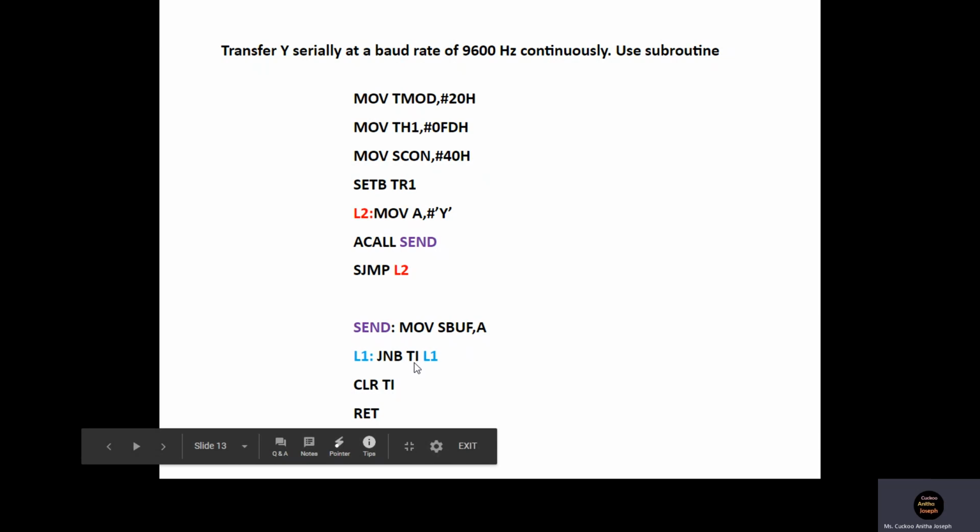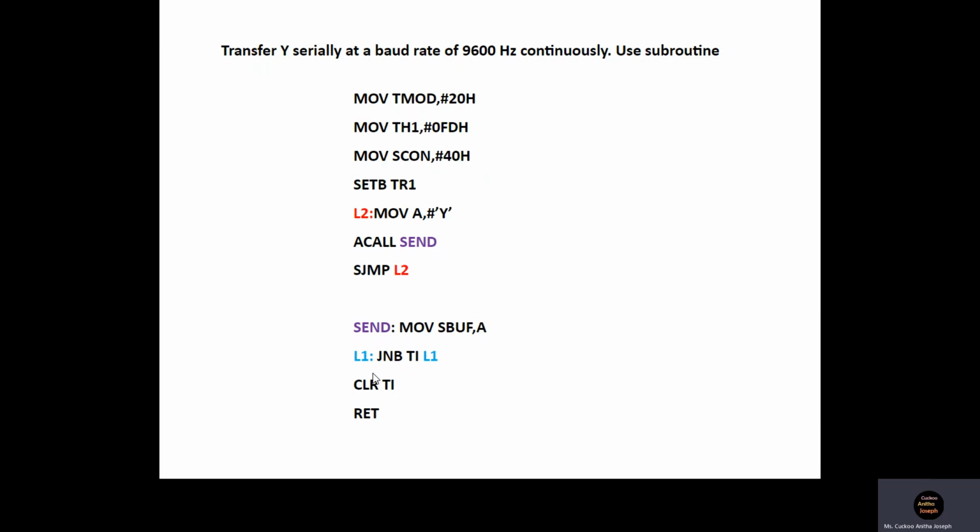So as long as TI is equal to 0, this jump will be taken. This jump to L1 will occur, and L1 is the label of the same instruction. Again TI will be checked. If it is 0, we will jump to L1 and we will continue here until TI becomes 1. When TI becomes 1, we will come out of the loop, and that means the data byte has been transmitted